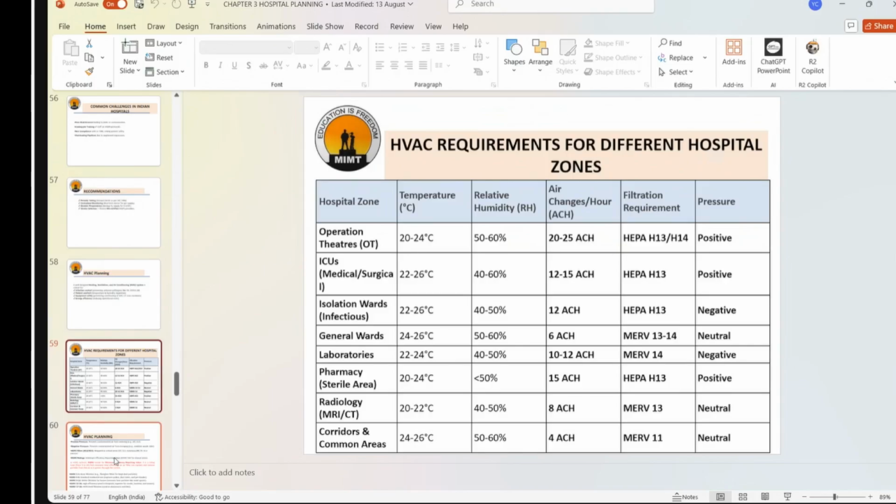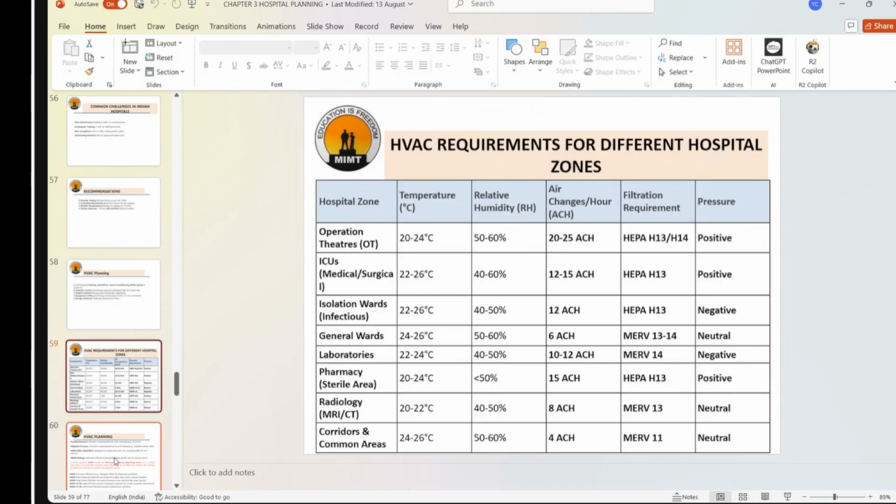Mostly positive pressure is there, but maximum it doesn't need any kind of negative and positive kind of things. Laboratories also 20 to 24, 40 to 50% humidity, and 10 to 12 air changes, MERV 14 and negative. Pharmacy 20 to 24, humidity supposed to be less than 50, and temperature is also on the lower